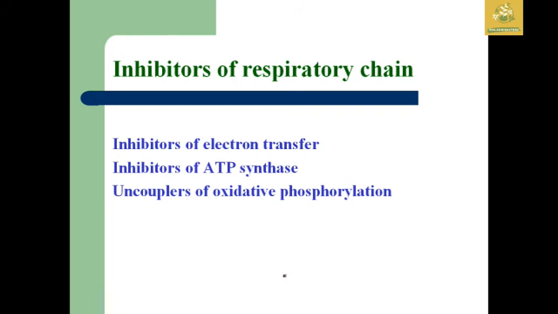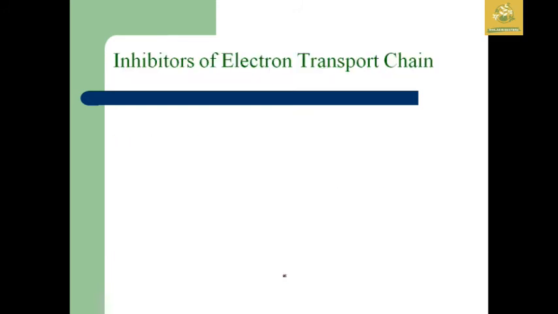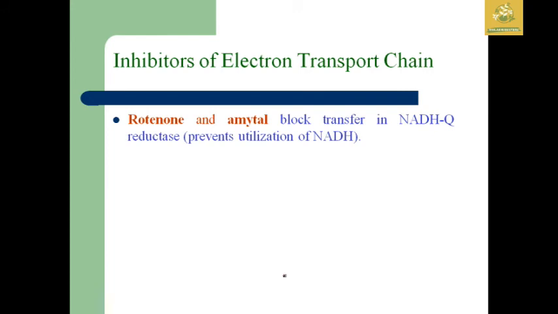There are some inhibitors of the respiratory chain, classified as inhibitors of electron transfer, inhibitors of ATP synthesis, as well as uncouplers of oxidative phosphorylation. The inhibitors of the electron transport chain are rotenone as well as amytal, which block the transfer of NADH to Q reductase and prevent the utilization of NADH in the electron transfer chain, and antimycin interferes in the electron flow at cytochrome b in this process,